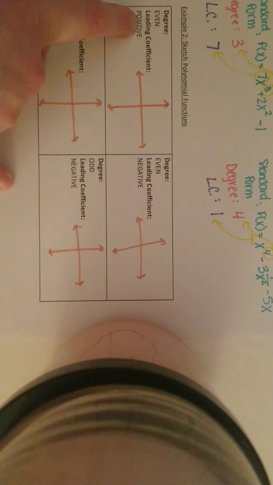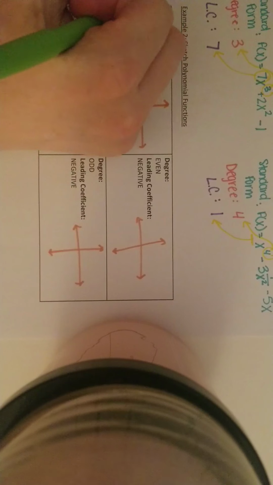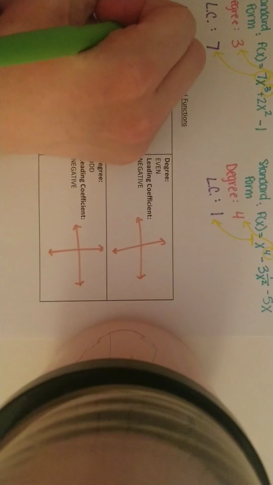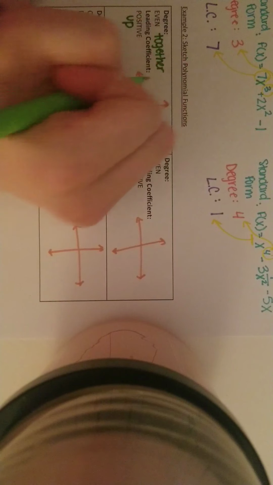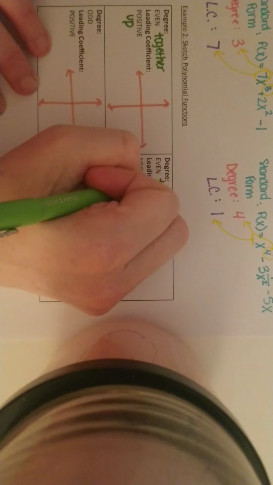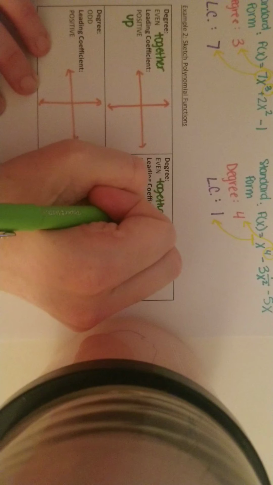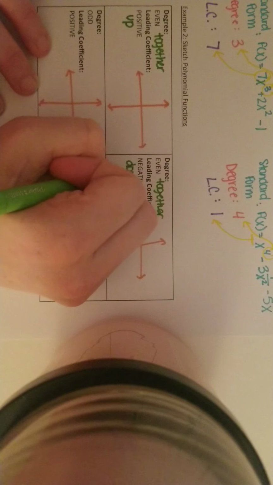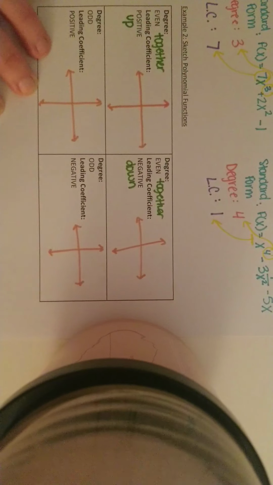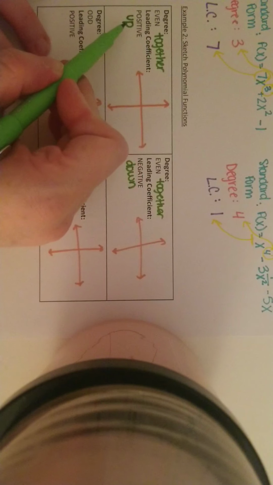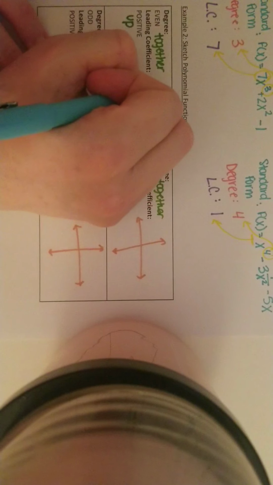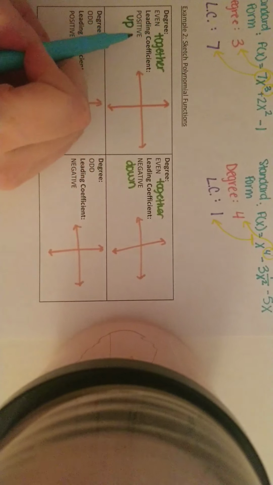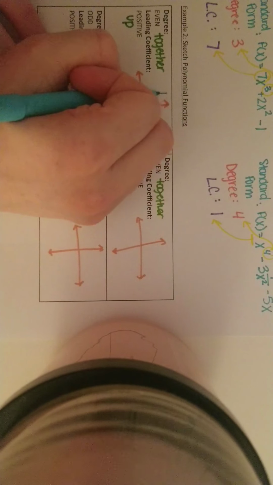Now, positive, I usually think up. So for positive, I think up, and for even, I think together. But for negative, I think down. So in this case, we're going to have our ends together and up, and here we're going to have them together and down. So whenever it's an even degree with a positive number in front,